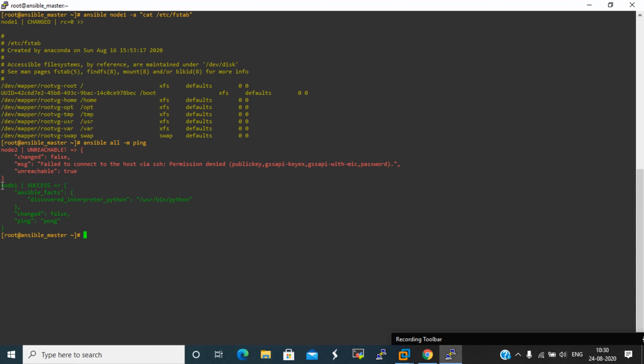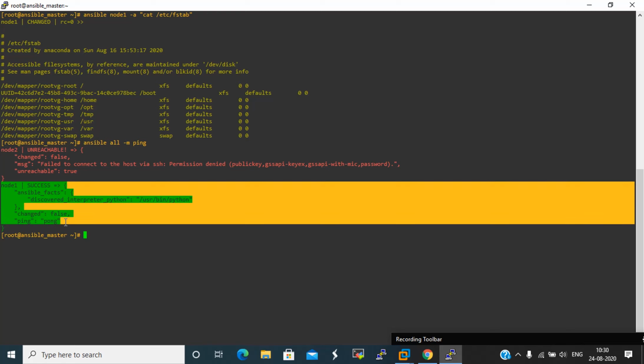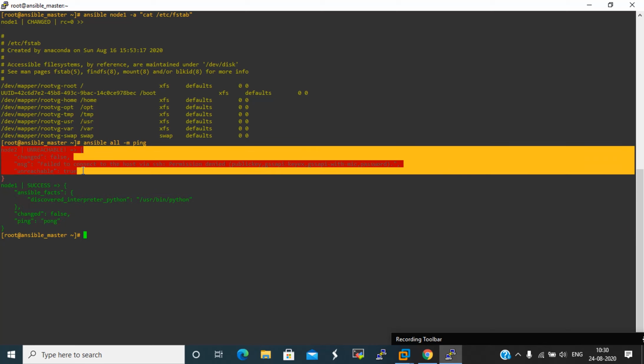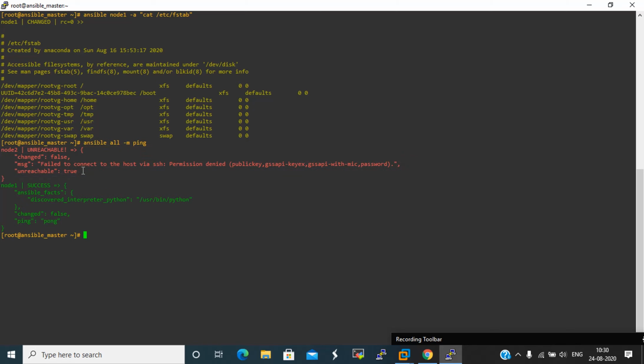First of all, we give the node 1 password, the root password. That's the reason it gives us the pong response. But for node 2, we did not give the password. That is the reason it is shown as not reachable.